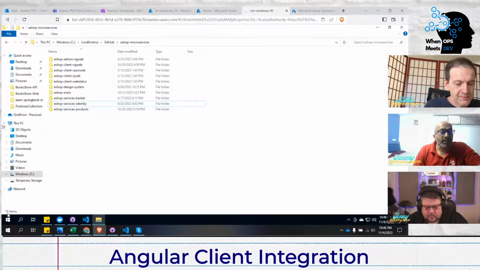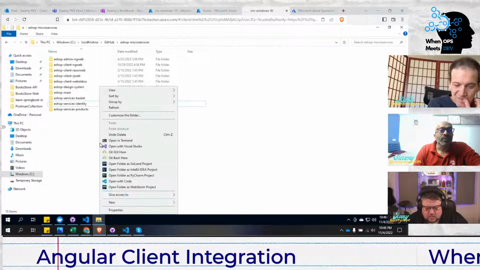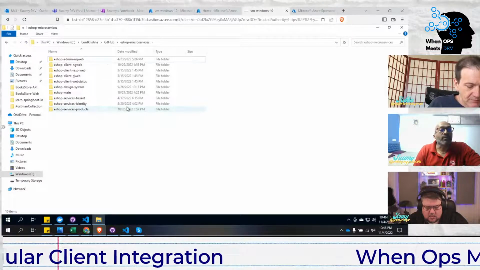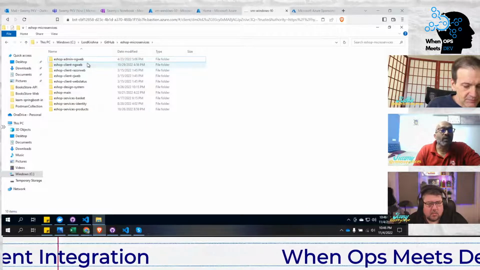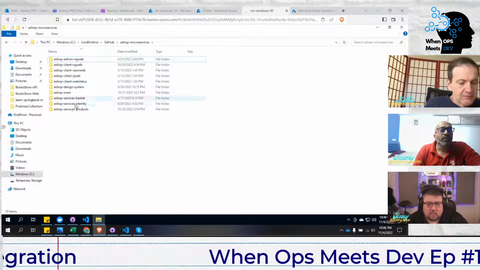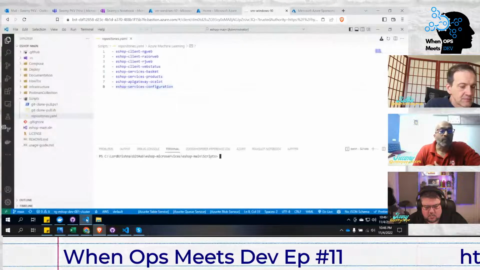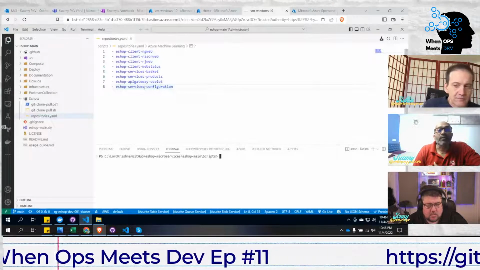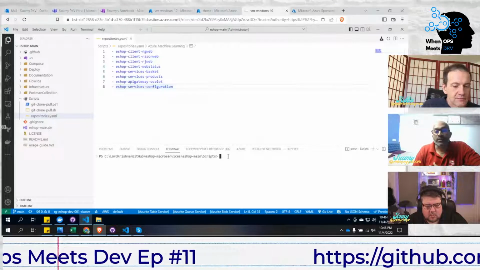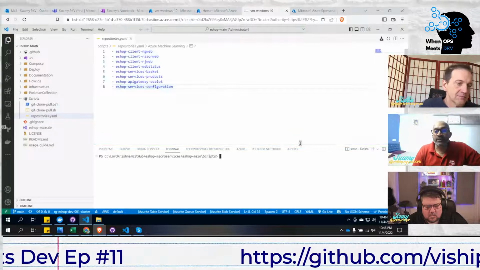Okay, so right now you can see that there are 10 items in this. We don't see one folder, which is for the Oscillate API gateway. That's the future. And the configuration service, which you see here in this one. We have Oscillate and services configuration. So I will expand this so that we